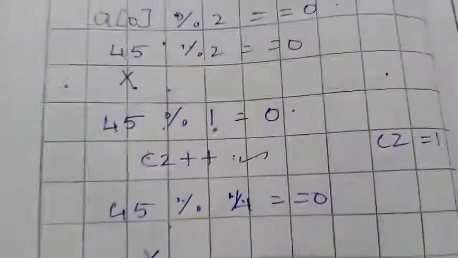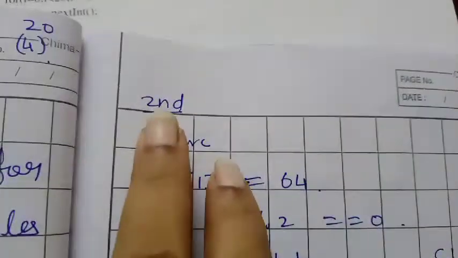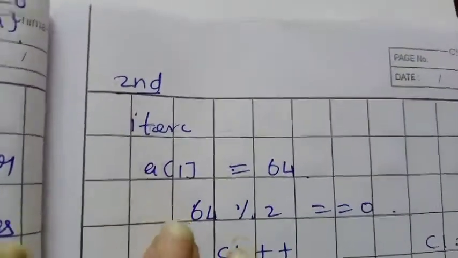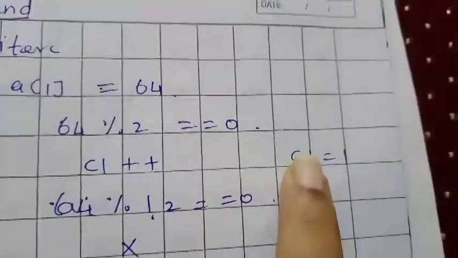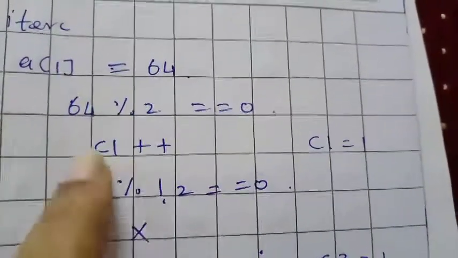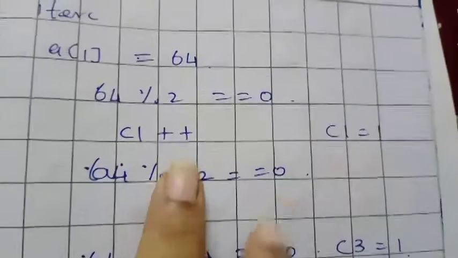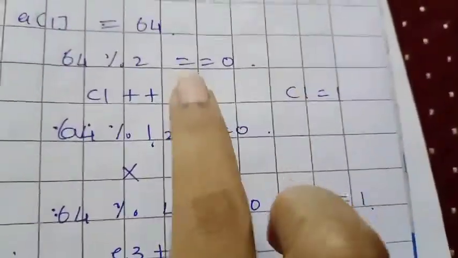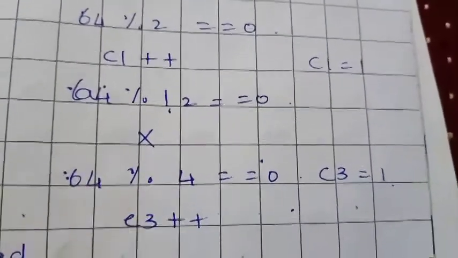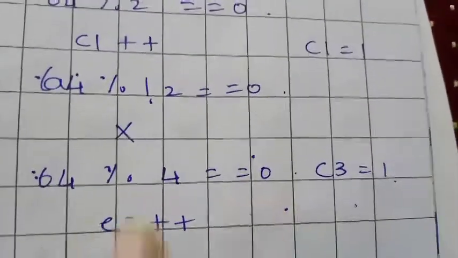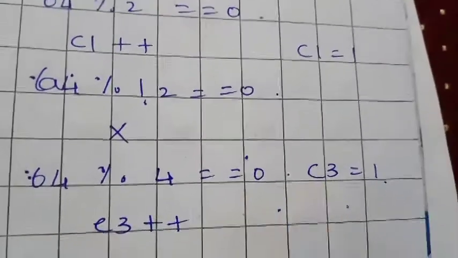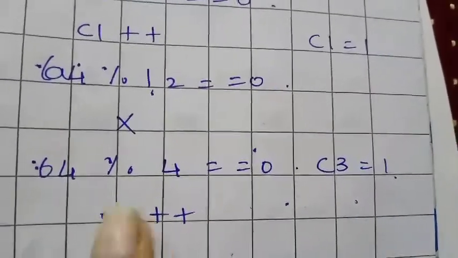45 is not divisible by 4. So it won't enter into this, and it will go to the second iteration of the for loop. a of 1 value is 64. So 64 mod 2 is 0. So now the C1 value will become 1. It will enter into this and C1 will be incremented. Since it is an even number, surely it is not an odd number. It will go to the divisible by 4 check, and 64 is divisible by 4 also. So it will enter into this and C3 will be incremented to 1, and